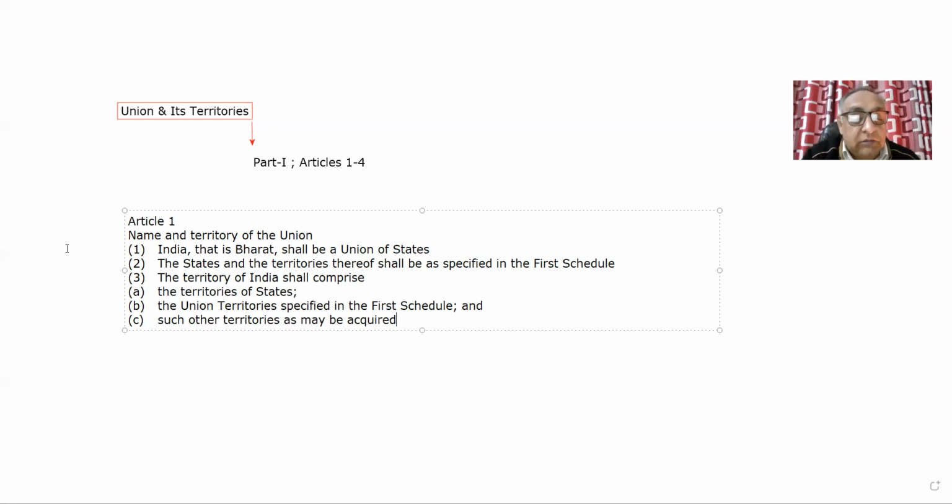And the territory of India shall comprise the territories of the states, the Union Territories specified in the First Schedule, and such other territories as may be acquired. So this is the main thing about Article 1. Now let us start our discussion. The first and very important point which we will discuss here is that this part